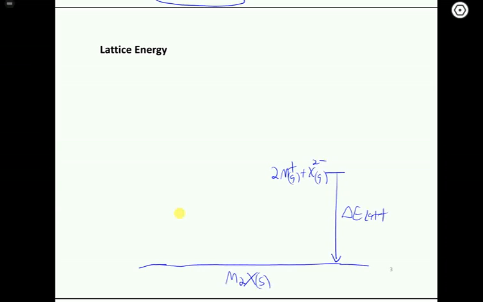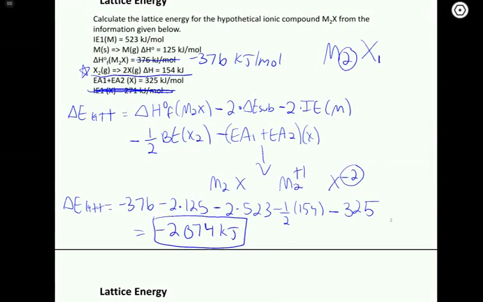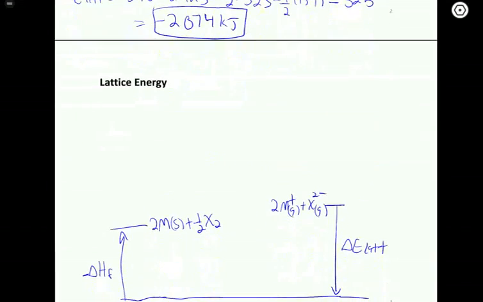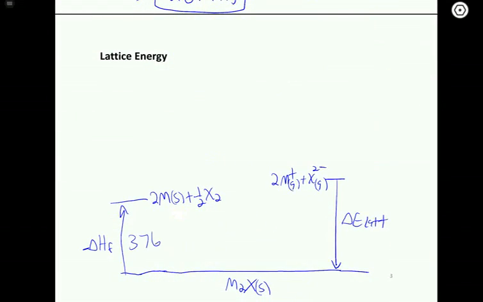So the first thing we have to do is break up this compound into its elements. So we have our M2X going to 2M plus 1/2 X2. Again, we need a half X2 because there's only one X in the formula. This is our negative delta H of formation, I guess this is given here. I'll be confused by delta E versus delta H. So this is our negative delta H of formation. We go back to our list of parameters. That parameter should have been minus 376. I mistyped that, but so we have plus 376 kilojoules to break up the compound into its elements, and then